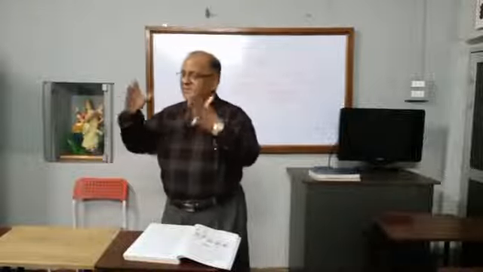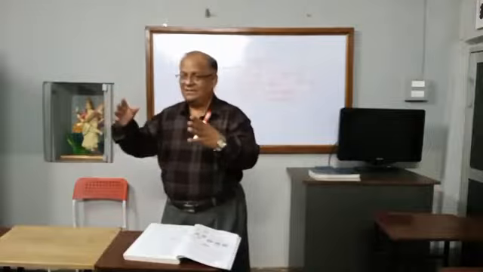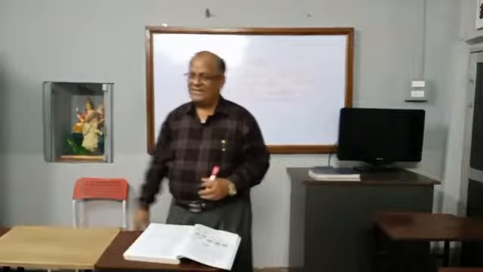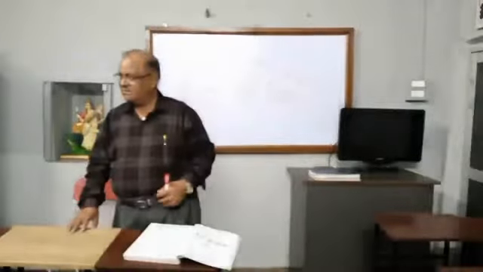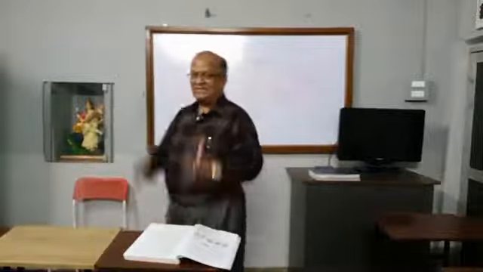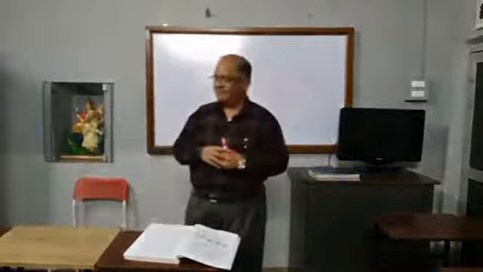Tangible means sparshaniya, that which can be seen and touched. That is called tangible, sparshaniya. Sparsh. This is called bench. Correct? I can touch it. I can handle it. I can keep it from one place to another place. Correct? So this is called the tangible things, which can be seen properly.